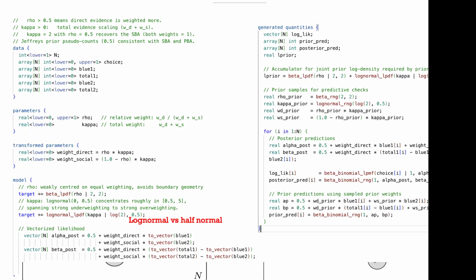And then kappa is a number that can go from 0 to infinity in principle. And what people would do is they would put a log normal, because the log normal automatically puts us in positive space. Right? And here I did a log of 0.2 as a mean and a standard deviation of 0.5, which when I simulate puts us between 0.5 and 5, right? The big bulk of the distribution.